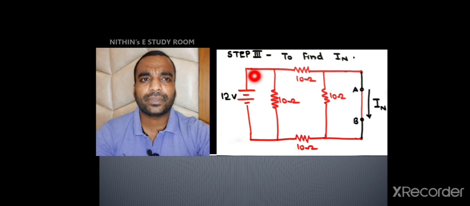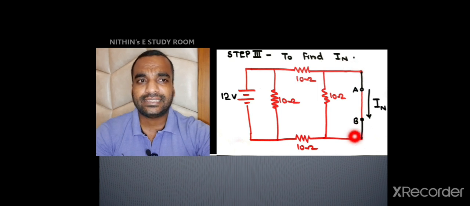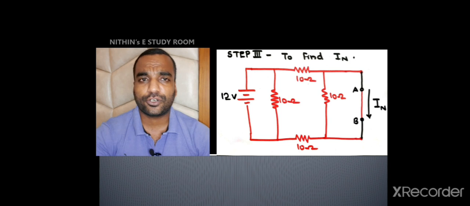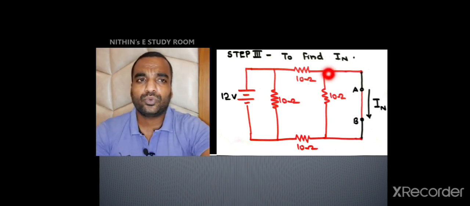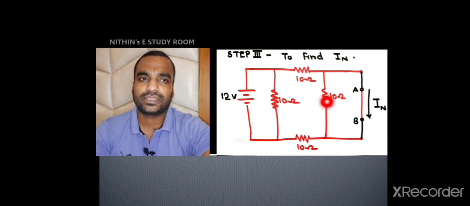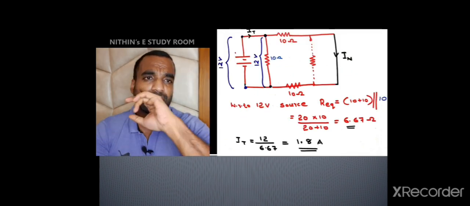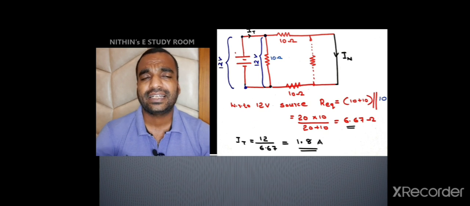and current is coming from this side, no current will enter this 10 ohm, because here we are having an easy short circuit path. So all the current will bypass that 10 ohm resistor through the short circuit path. So you have to remove this resistance because it is not making any sense. No current is passing through the 10 ohm resistor. So in the next figure I removed that 10 ohm resistor. Now there are three 10 ohm resistances.